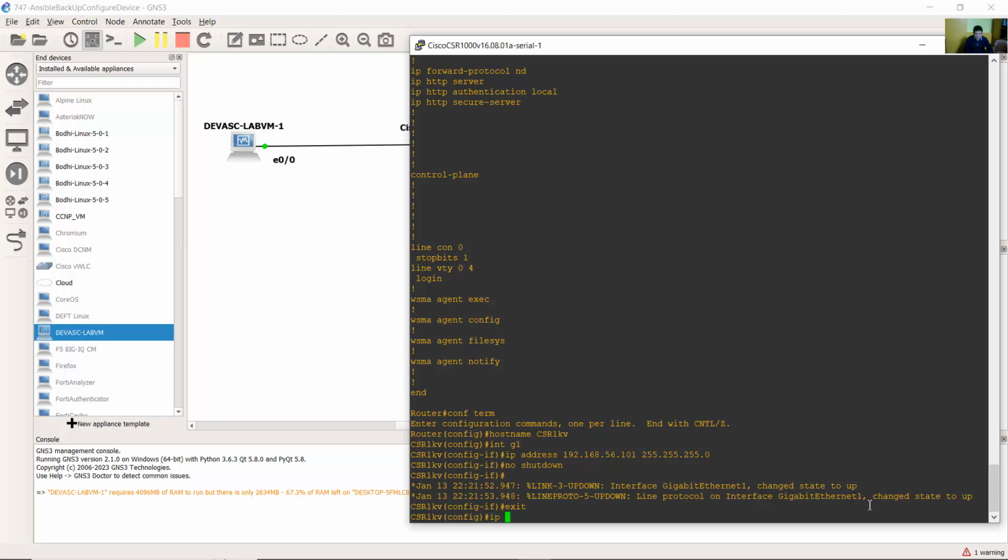ip dhcp excluded-address 192.168.56.101. This is an excluded address that will not be used to lease IP addresses. Okay, exclude this, the IP address of the router,